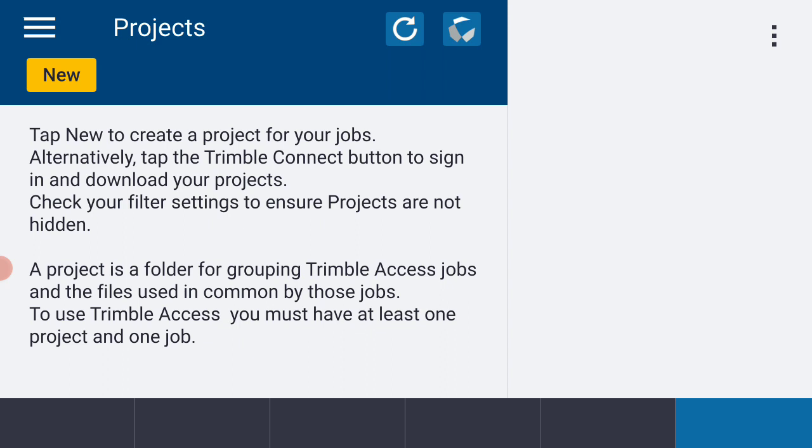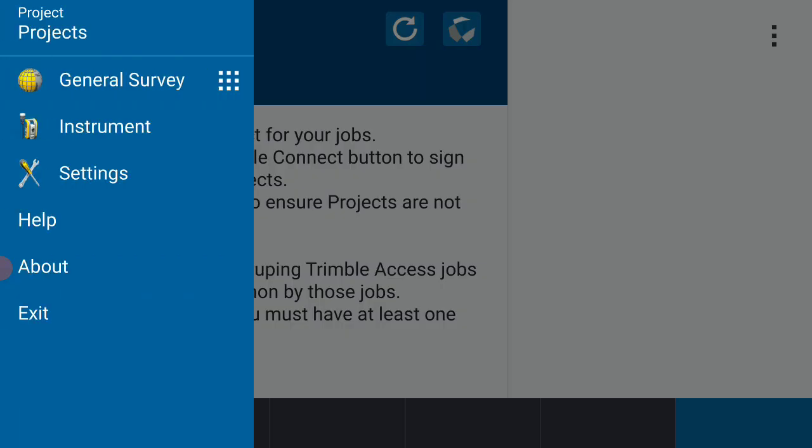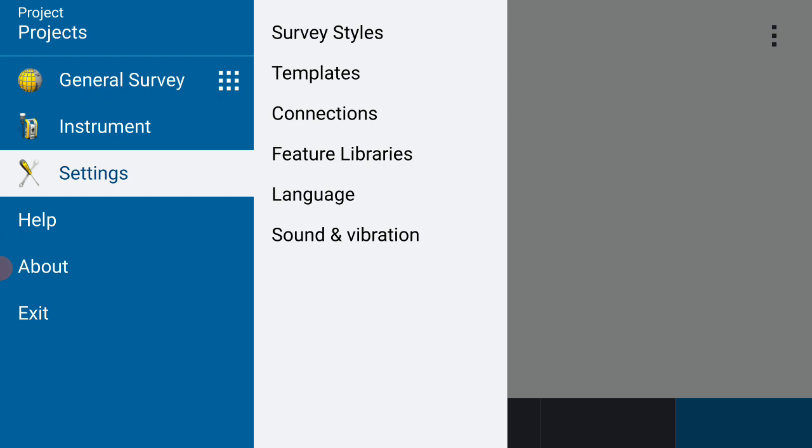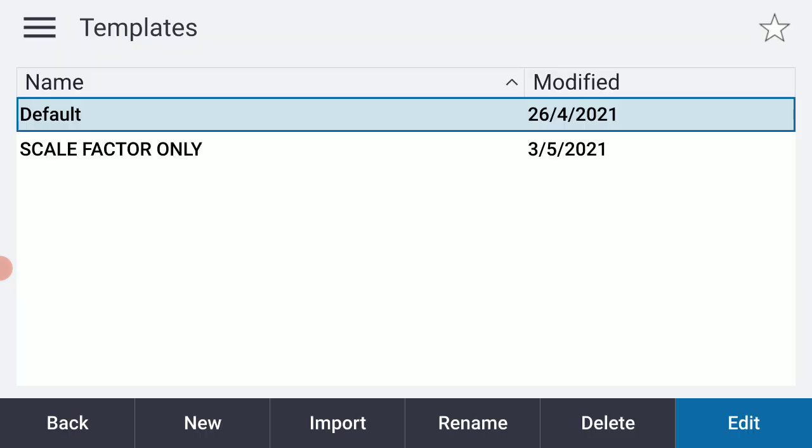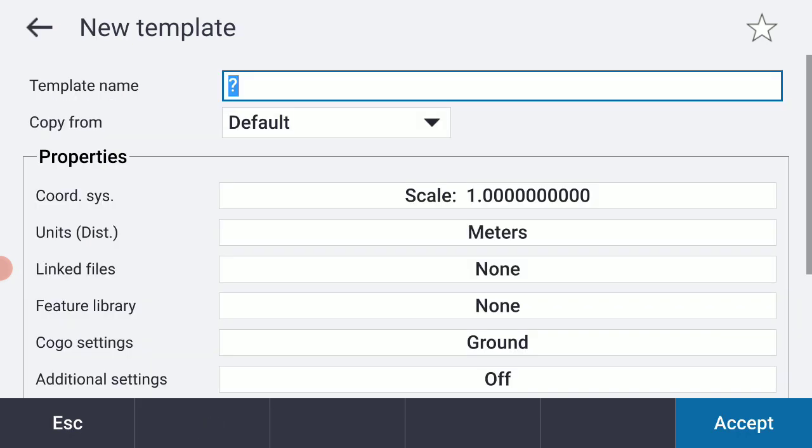So I've opened up Trimble Access. I'm going to select the three little lines in the upper left-hand corner. And I'm going to go to the Settings option, and I'm going to go to Templates. And the default template is highlighted right now. I'm just going to go ahead and select New from that option, and I'm going to call this California Zone